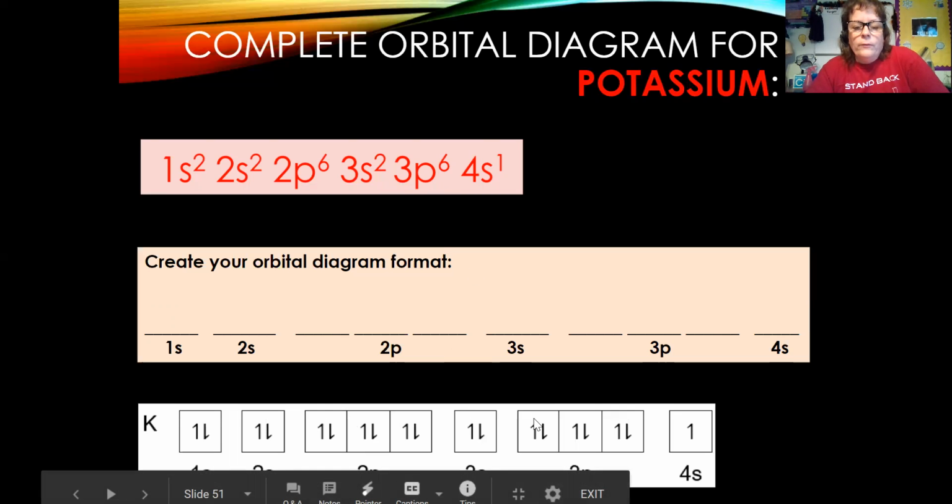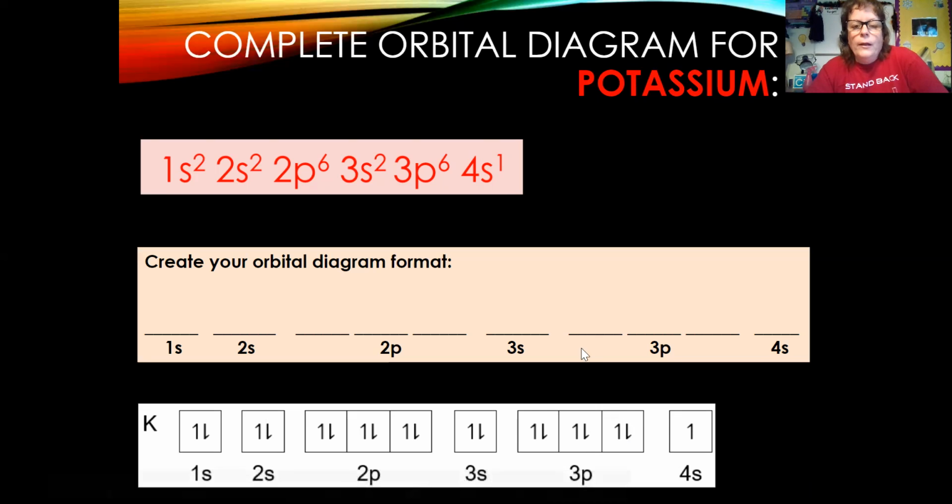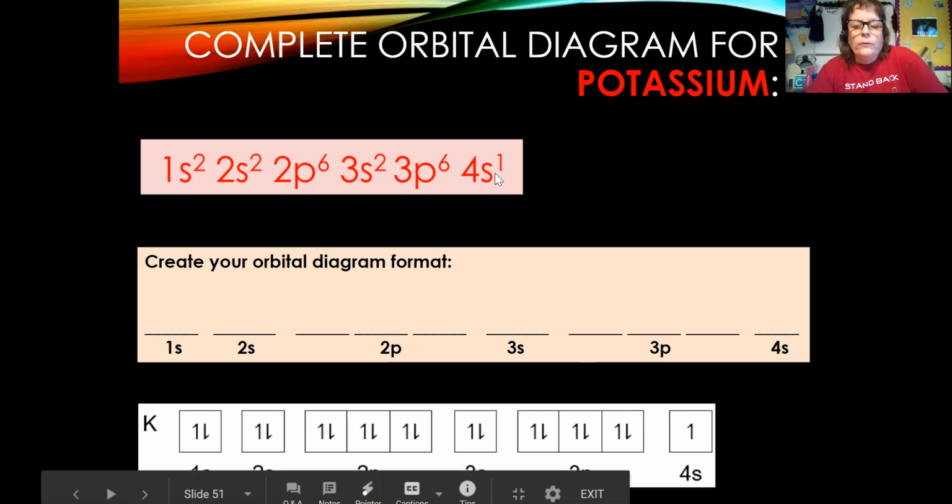The 3p orbital, it also has 6 electrons, so you're going to do this one the exact same way you did the 2p, where the 1 up arrow, 1 up arrow, 1 up arrow, and then go back and do the 1 down, 1 down, 1 down. Again, that's just practice so you can remember Hund's rule. And then we look at the 4s orbital. There's only 1 electron in the 4s, so you only need 1 line representing 1 electron. And that is your orbital